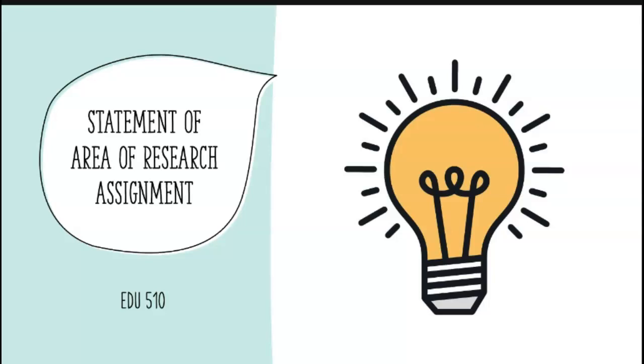I just wanted to talk to you briefly about the Statement of Area of Research assignment that you'll be doing during Module 2. During the course, your assignments will follow the path generally taken in order to conduct meaningful research. So we'll begin in this assignment by establishing a general idea for the area of research you're most interested in. The assignment will be relatively brief, but will require lots of thoughtful reflection. So let's find out more about it.